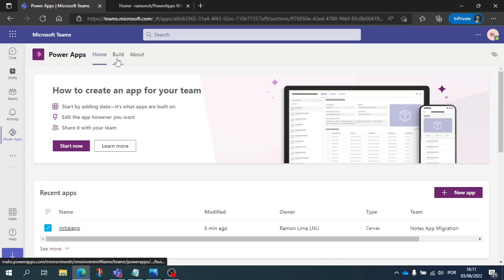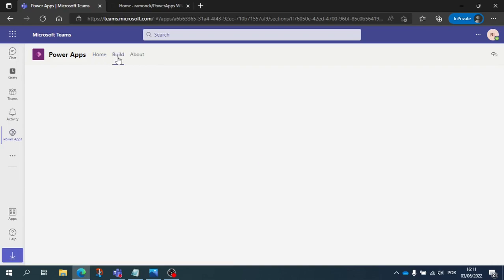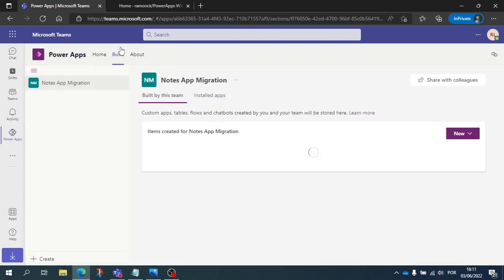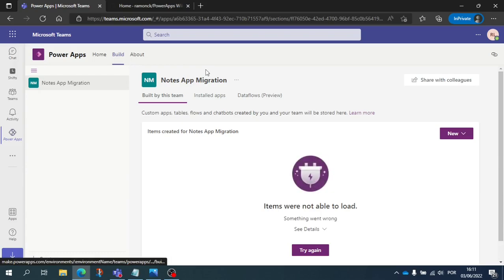Okay, so now that we have our initial app, what we can do here now is go into Build. Once we go into Build, we see different teams here on the left side that do have the Power Apps available. I can click here on three dots, and I can click here on Open Power Apps.